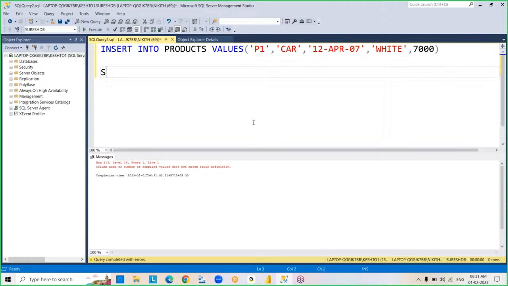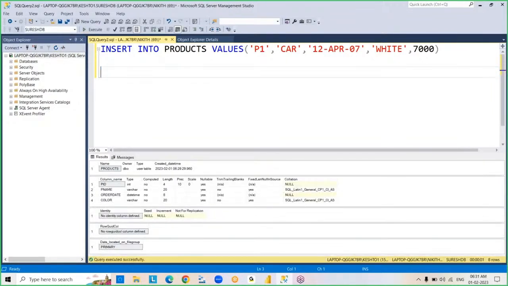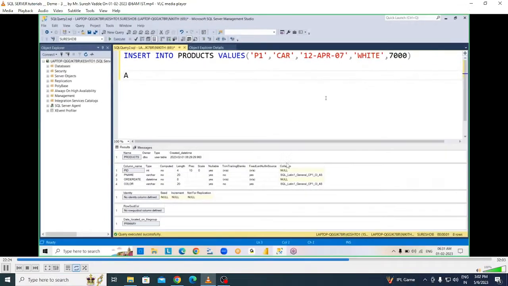How many columns are there in the table? SP underscore help products. Oh, only 4 columns available. Let's do one thing. Let's add sales